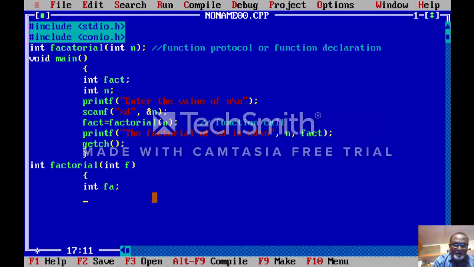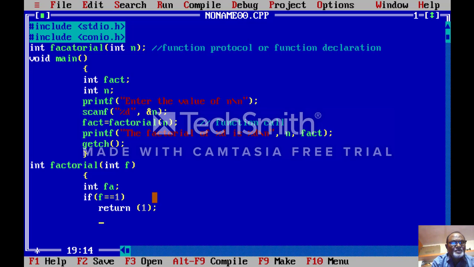fa. Now check here, if f is equal to 1, then return value 1.